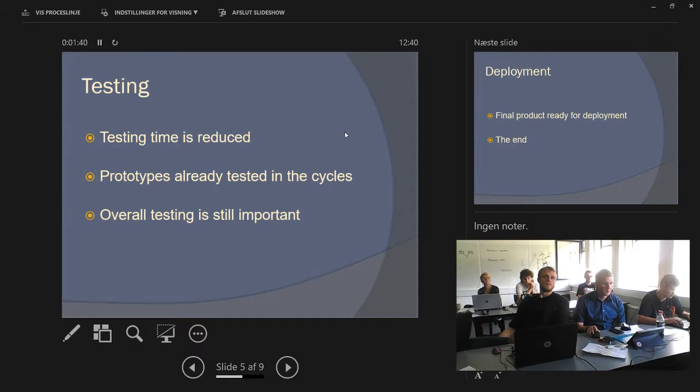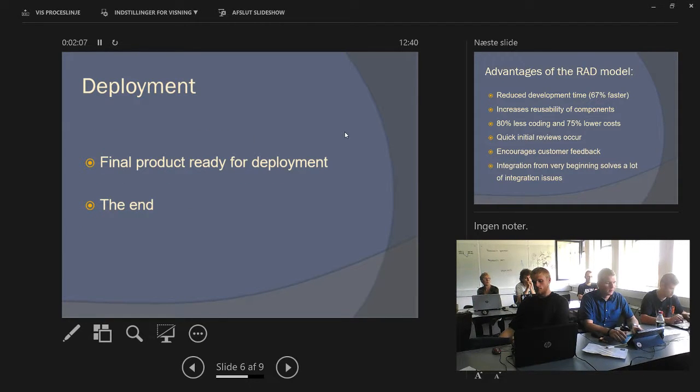When it comes to the testing side, the time is reduced, the prototype is already almost fully made, because they constantly upgrade their stuff when the information goes between them. Overall, testing is still important. Deployment. Final product is ready for deployment and so the basic good things about this, it's good for short projects which are narrow like apps and stuff,